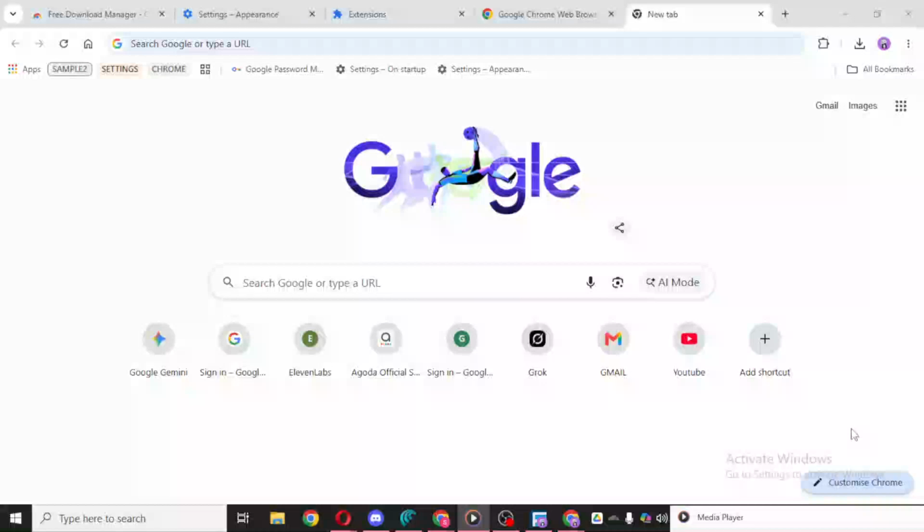In today's video, I'm going to teach you how to fix Google Chrome full screen not working. If Chrome is not entering full screen properly, or if it seems stuck and won't respond the way it should, don't worry. There are a few simple things you can try directly inside the browser to fix the problem. I'll walk you through each part clearly so you can follow along without confusion.